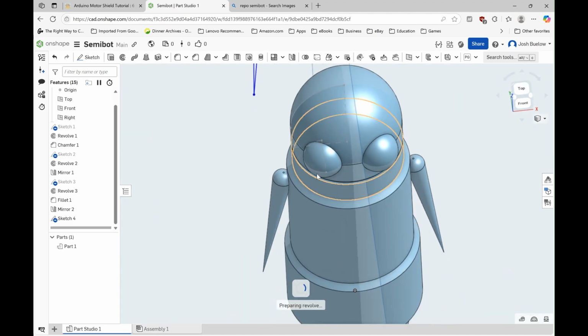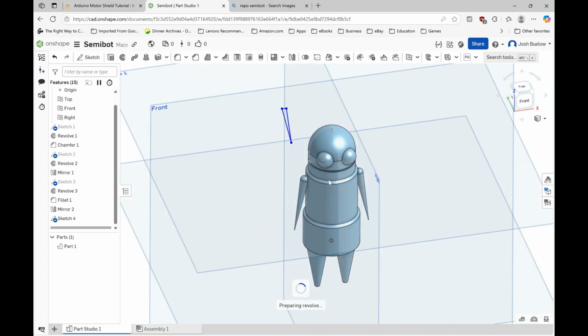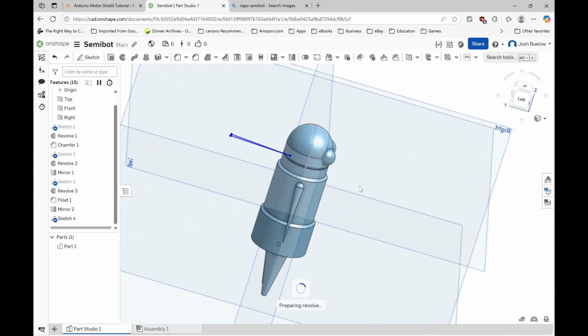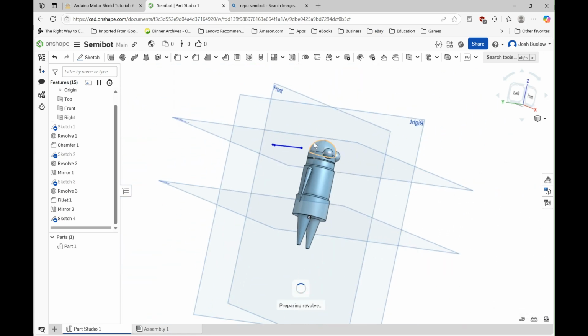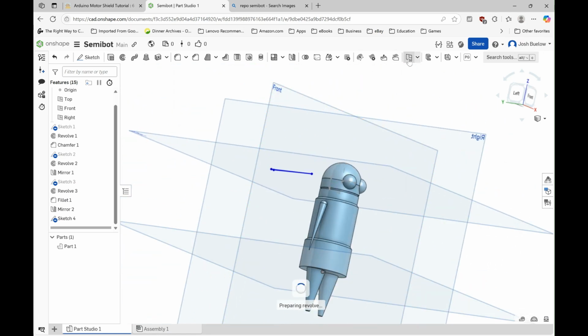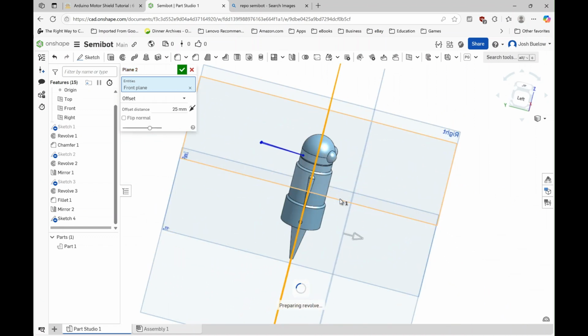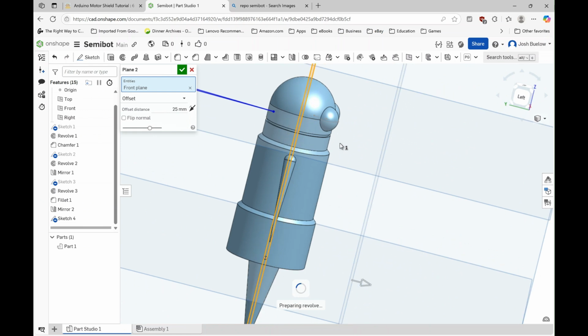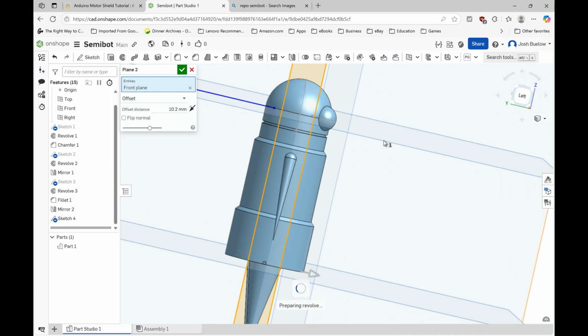I would actually do that just by cutting in to make flat spots where the pupils would go. So I would do that. Let's see. Probably by taking another plane right here. So let's use our plane tool again. Grab our front plane and make it so it's cutting just through the front of the eyeballs. So I'm going to grab this arrow and drag it until it's just barely cutting through the front of the eyeballs. And I can grab this left plane right here